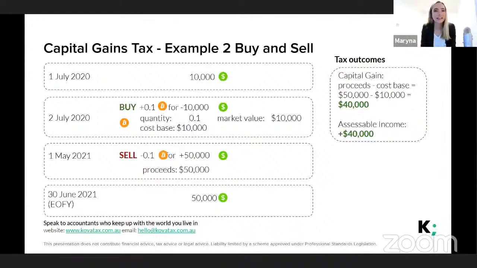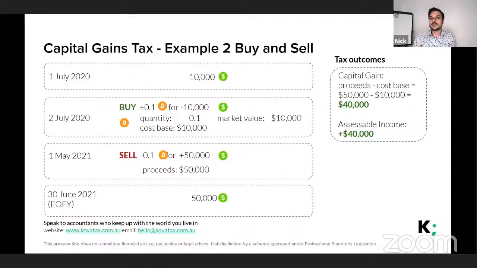That sounds exciting. And should everyone just wait and hodl for longer than 12 months? Yeah, it's the hodl strategy. It's so attractive to aim for the 50% CGT discount. I would say it's something you always have to keep in mind because the tax outcomes are very beneficial for people who hold long term. But as we all know, the cryptocurrency markets are also extremely volatile. So if you think it's the right time to sell,